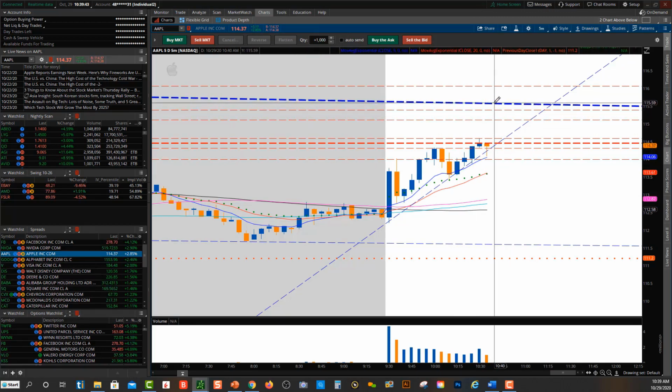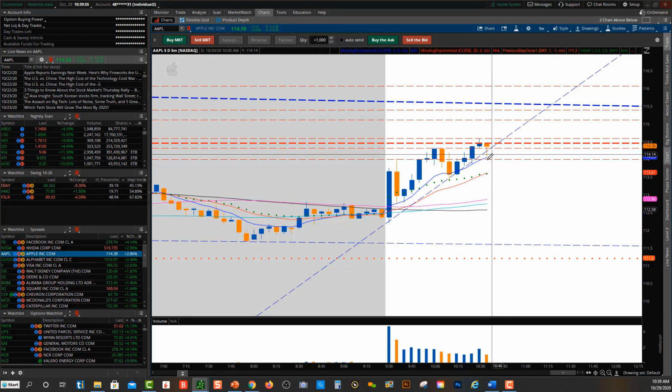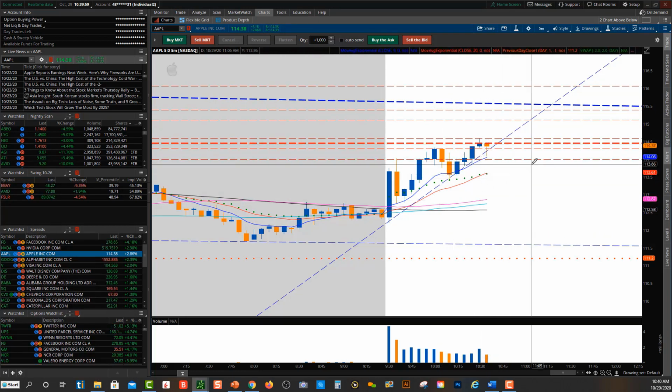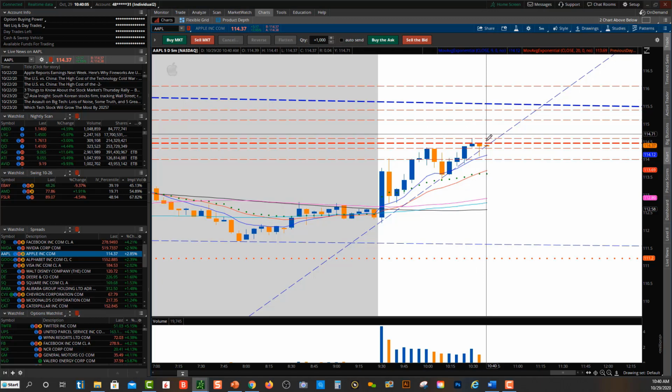If we start seeing a rejection at angular resistance on this major falling wedge, I'm definitely going to take some profits and get out if it struggles out there. Or again, I'll stop out if I get a candle close below that 9 EMA. So this video, let's just watch and see how this plays out. Let's see if it makes a move up here or if it ends up rejecting and failing here and dumping